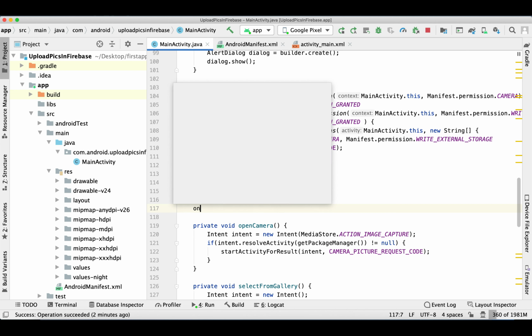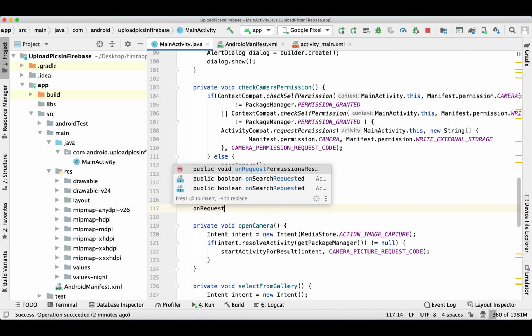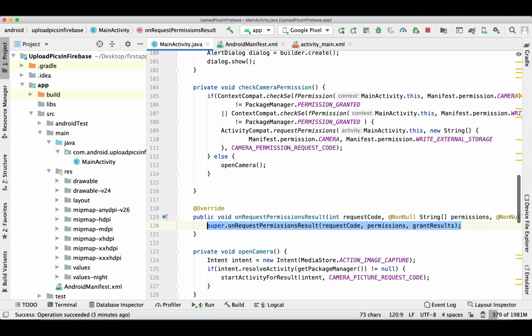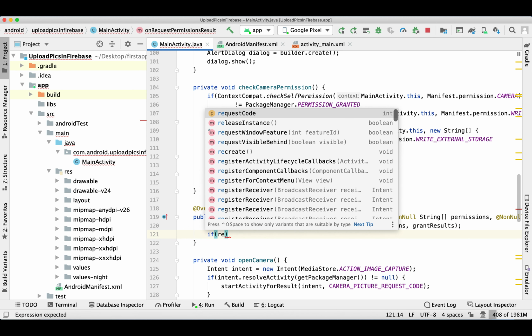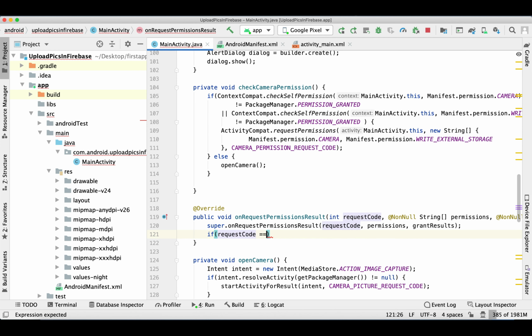Okay, so we missed the on request permission result function to override. So here when permission will be granted or denied, at that time this function gets called. So there also we need to check if permission is granted, then open camera. So we missed that part. Let me do that.